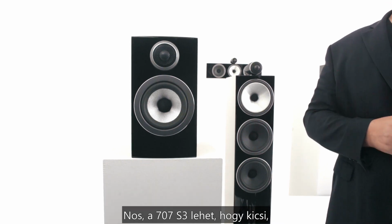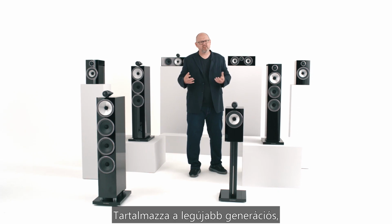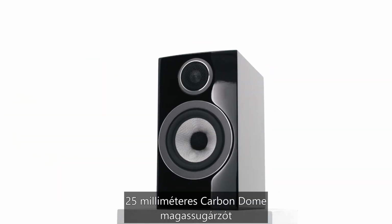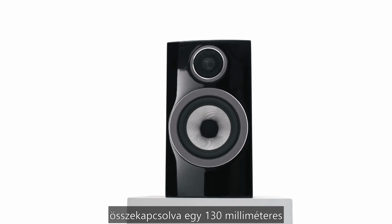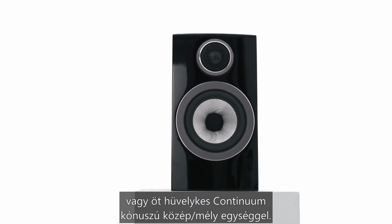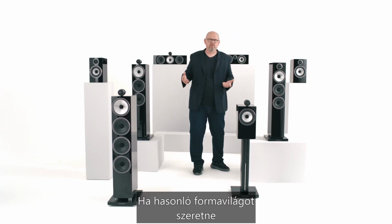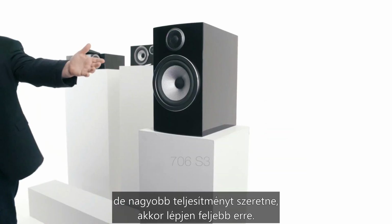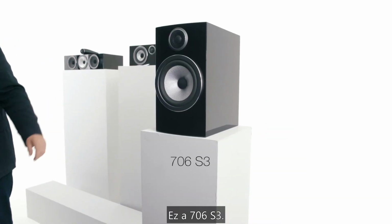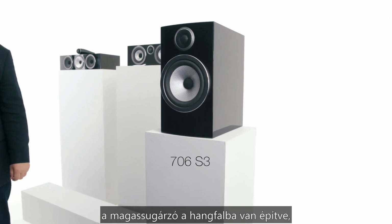Now, 707 S3 may be small, but it's still a very high-performance loudspeaker indeed. It features the latest iteration of our high-performance 25mm carbon dome tweeter, coupled to a 130mm or 5-inch continuum cone mid-bass drive unit. If you require a similar kind of form factor, but higher performance, you step up to this. This is the 706 S3, and as you can see, it's the same kind of configuration with the tweeter